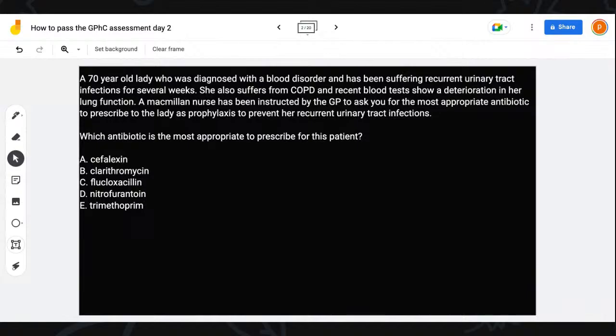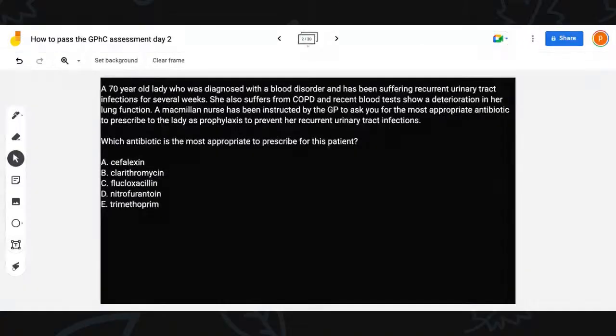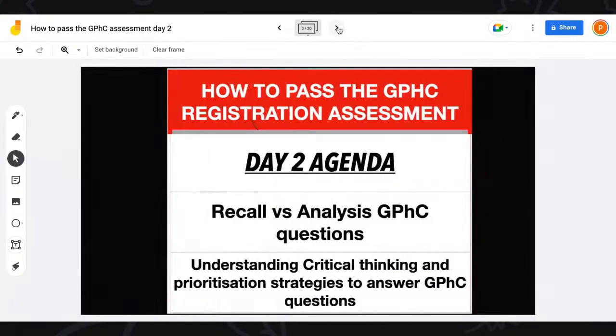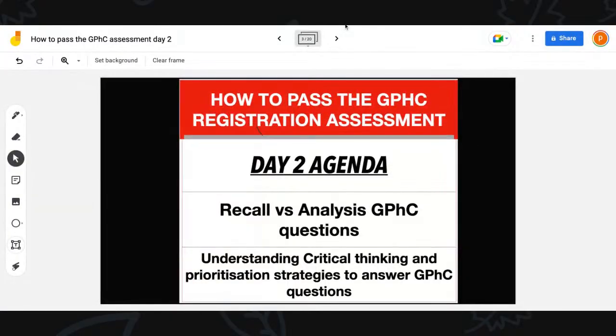Let me bring my right slides on here. The slide that I want is the slide for today, which is this one. Can you guys see the slide? Has that changed? Can you see the agenda for today? Give me a 1 if you can. Let's get it, Temi. Let's get it.